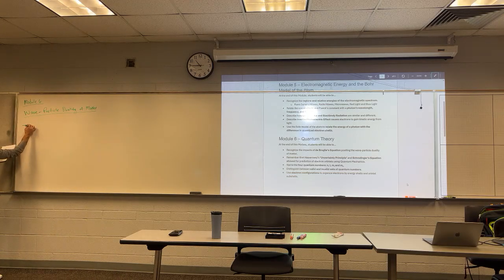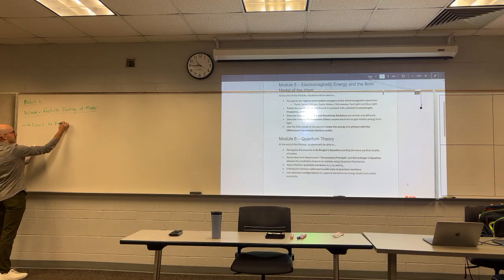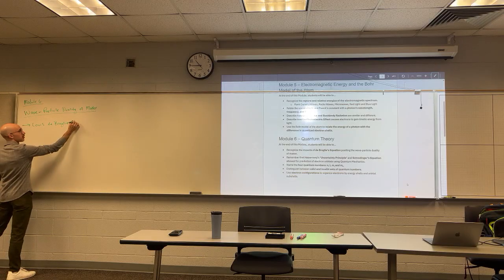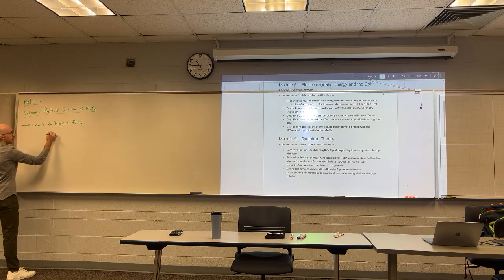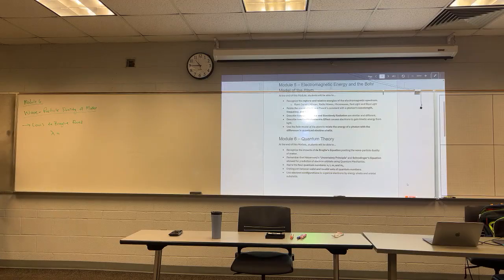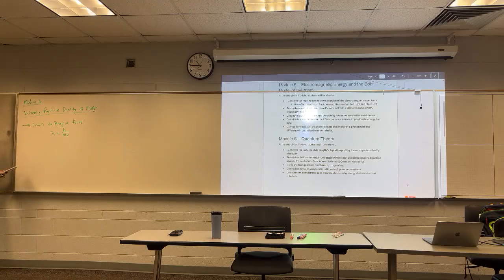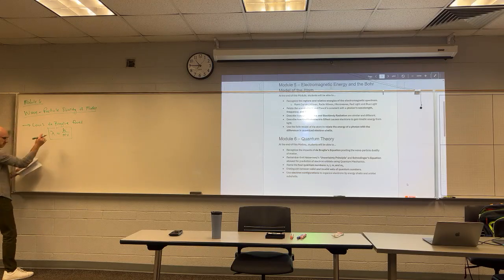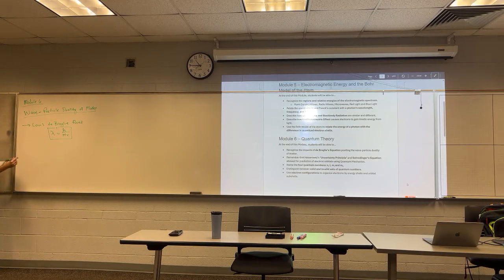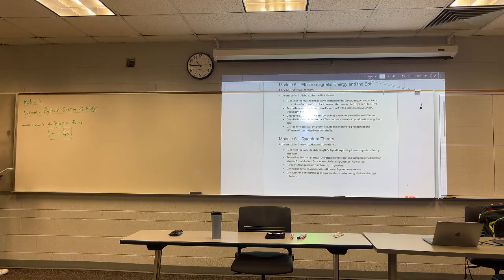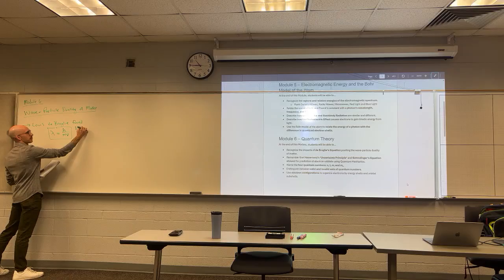This guy, Louis de Broglie, developed this equation. He found that the wavelength of anything is equal to Planck's constant over mass times frequency. I wrote that as a V, but it should be nu. So remember, h, Planck's constant,